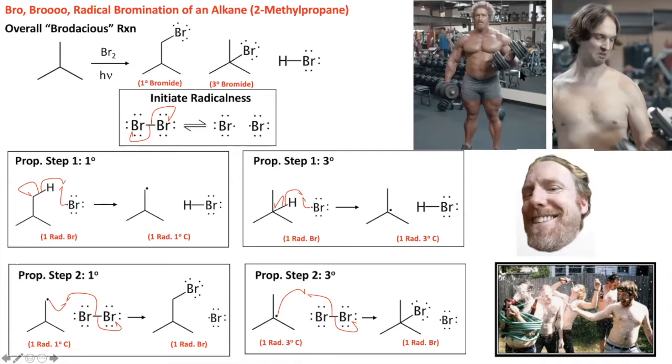Next OChem exam, expect radical halogenations and a whole lot more. All right, so now some terminations, which aren't really as important. I don't put them on the reaction coordinate diagram. They don't happen that much. They only happen at the very end of the reaction when your bromine and your alkane are almost gone. Then there's this low concentration of radicals that can start to run into each other and terminate the radicals.